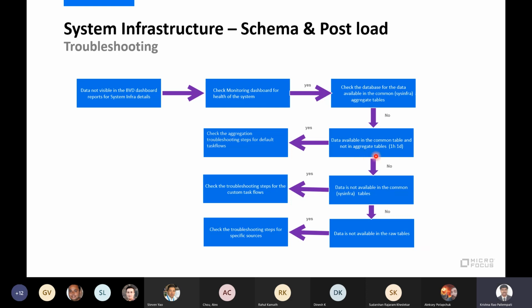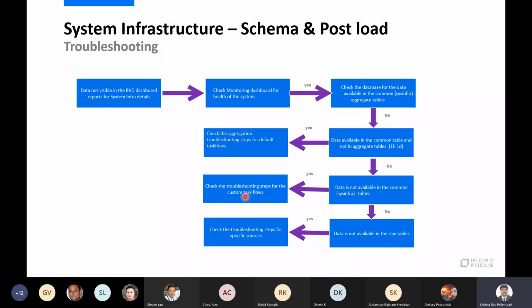Even if my common table itself has no data, then we will see if common tables, as I mentioned earlier, have another custom task flows. Common tables means the data is there in my agent table and agentless table. We will use custom scripts to pull both the tables and move into common tables. So that common tables use custom task flows and then those custom scripts. So we'll look into those custom script issues.